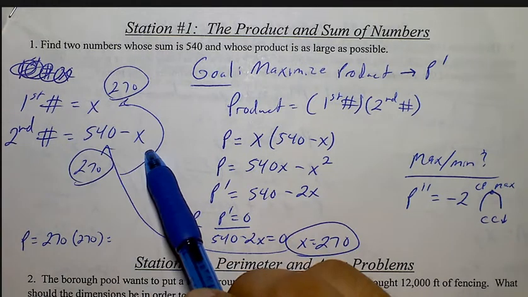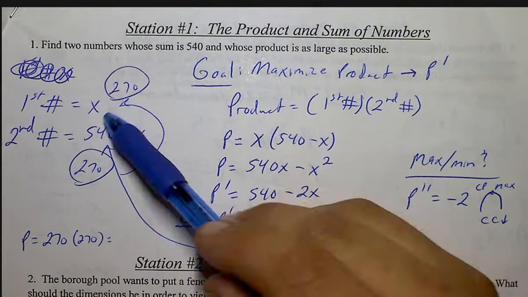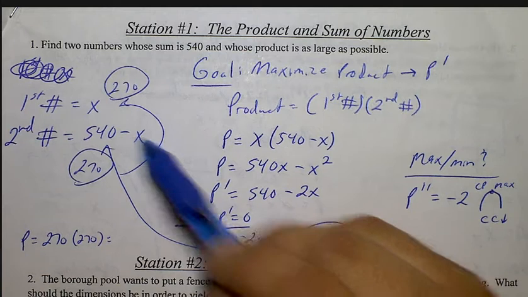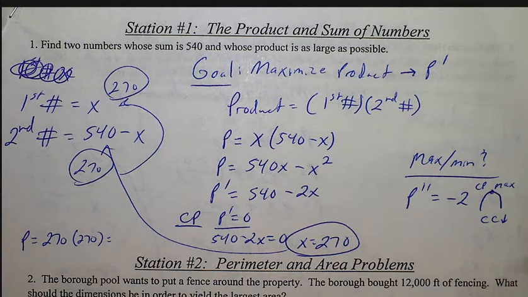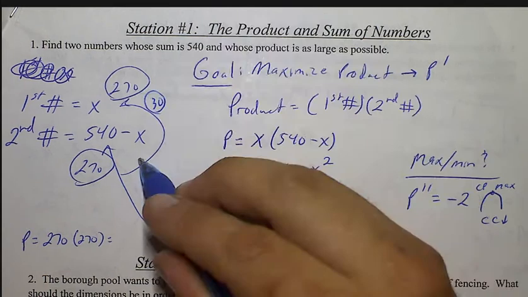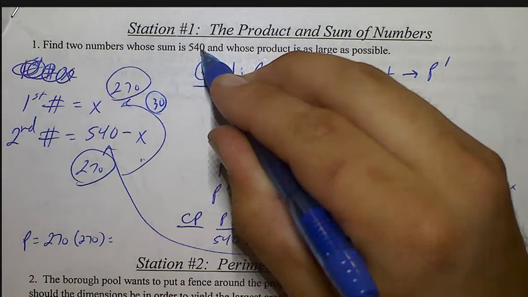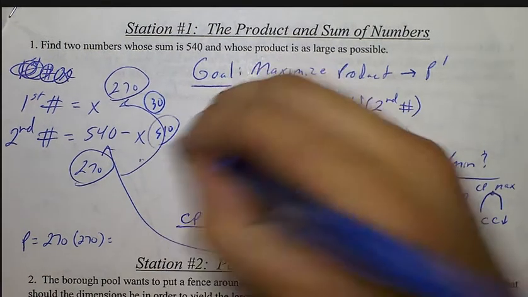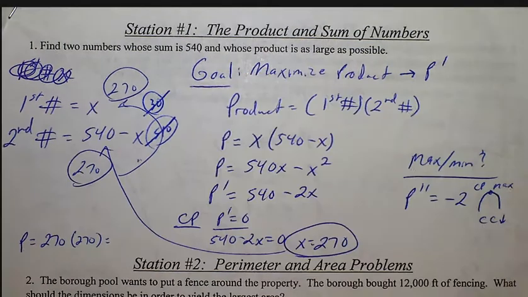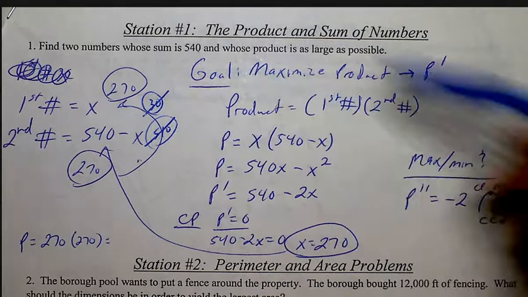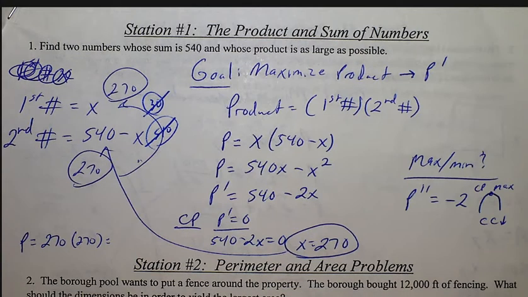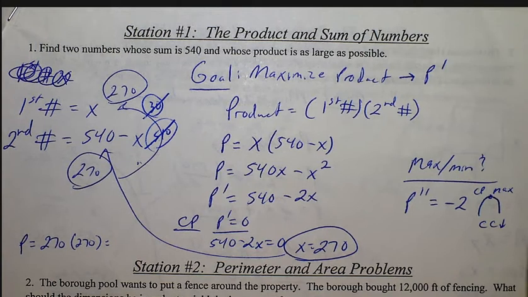Whatever x is, in order to find the second one, the sum minus the first number gives you the second. For example, if the first number is 30, how do you get the second number? 540 minus 30. So you can take various sets of numbers that have a sum that adds up to 540, but they give you different products. Which set of numbers gives you the maximum product? Product is the first number times the second number,